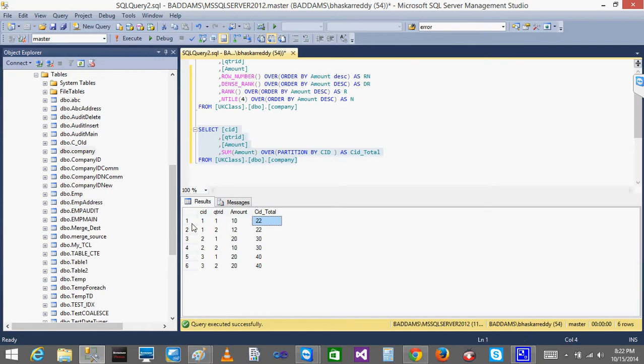See, company ID 1, you got 22, 22, right? 10 plus 12 is 22. Next, company ID 2, 20 plus 10 is 30, so 30, 30. Company ID 3, it is 20, 20, so you got 40, 40. Now the same thing, if I want the total for all the companies,